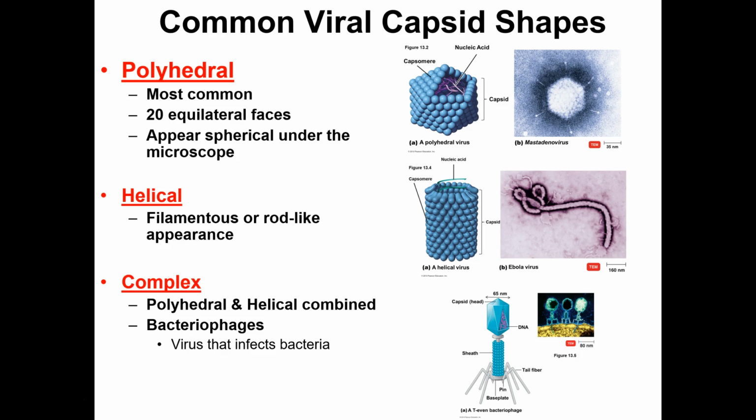Helical viruses. Helical viruses look like filaments. They look like a helix, a spring. So with these guys, you've got this spring shape for the capsid, and technically, if I can do this without ruining the marker, the genome is coiled inside. We won't really see this. This is typical of plant viruses.